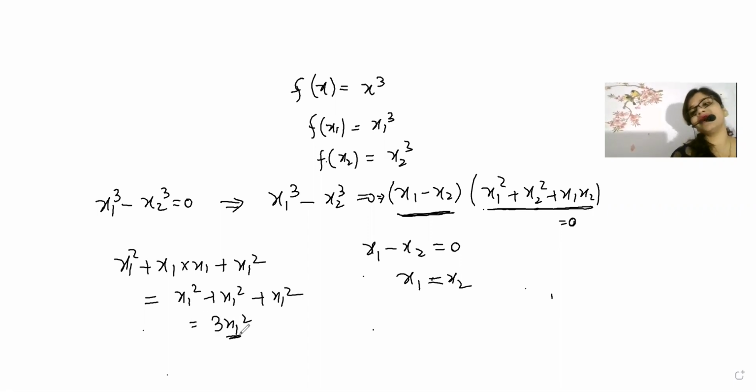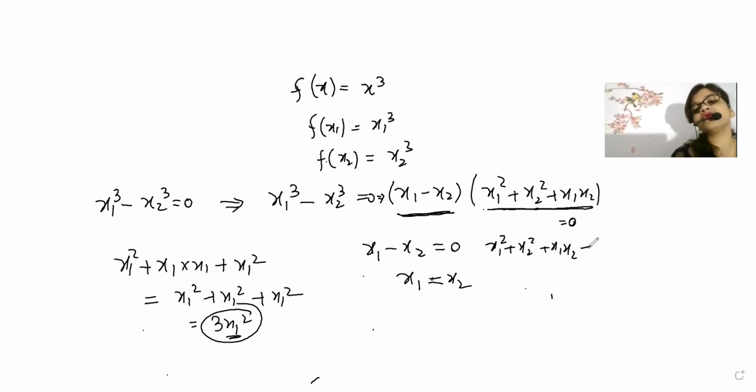And if x1 is any number, then here 3 is coming with that, supporting that it is non-zero. That means only this part will be equal to 0. The other section is not equal to 0. And since the other section is not equal to 0, this type of function is called a 1-1 function. Because this will give you a constant value, and this is telling that the mapping is 1-to-1. The correspondence of the mapping is exactly 1-to-1.